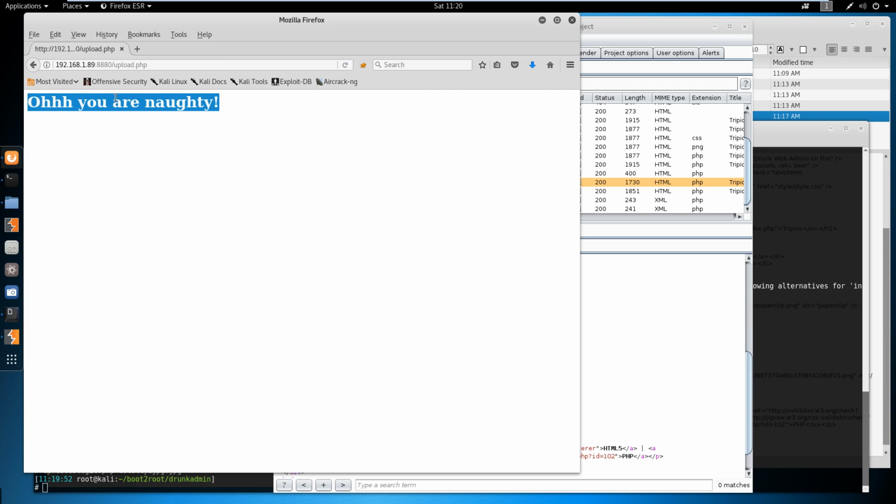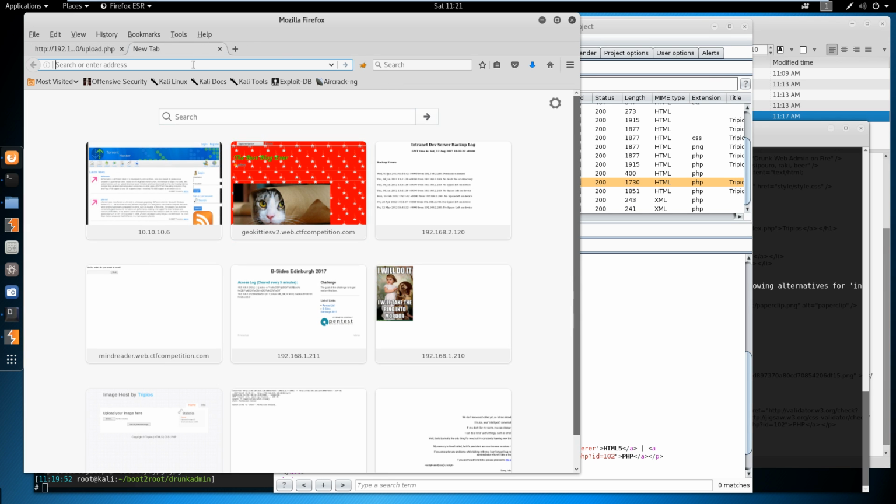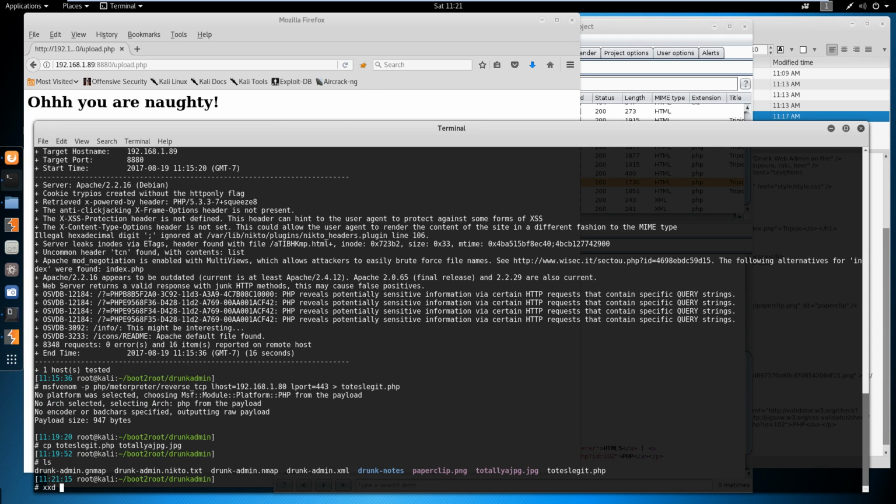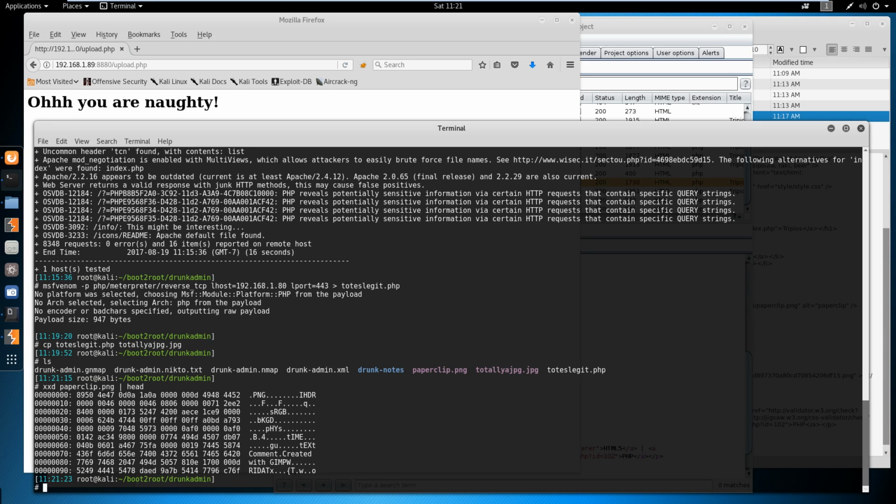Okay. So what it's probably doing on the back end is what I mentioned earlier, which is, it sees that it's a .jpg, and then it'll check like the first couple bytes in the file header, or in the file itself. So in fact, we have a PNG right here, right? So where is it? Paperclip. So if you see here, these are going to be the 8, 9, and then this is probably PNG, right? Would be my guess. Because there's a byte and then PNG. So if we just add these 8 bytes to the front,